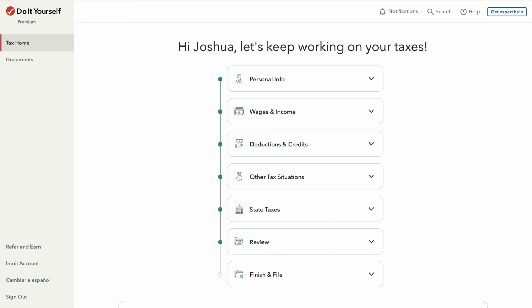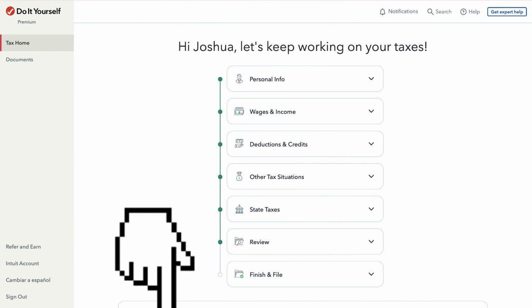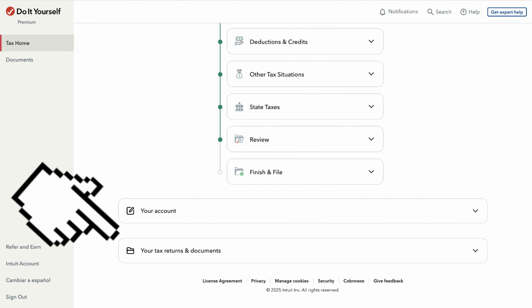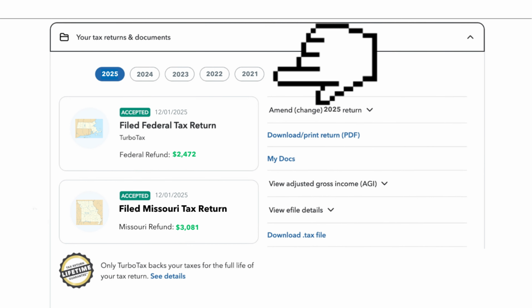To download the file that you want to transfer, first, on the old computer, make sure you are clicking on this Tax Home button. After that, you want to scroll all the way down to the bottom. And you will see this, your tax return and documents, and you want to click on them, which will open up this window, and on top of it, you can choose on which year that you want to download the